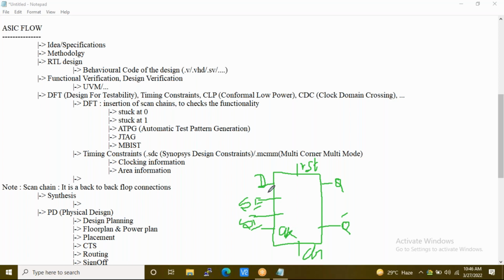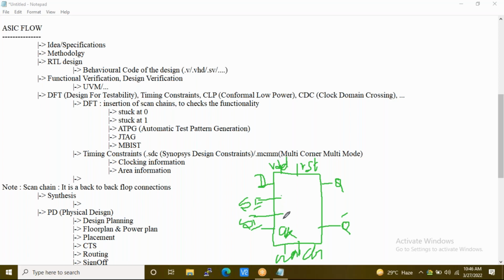When you talk about power pins, you will have VDD and ground, or VSS. So with the basic circuit itself, we came to know that this number of pins will be present. Not all flip-flops will have SI and SE.